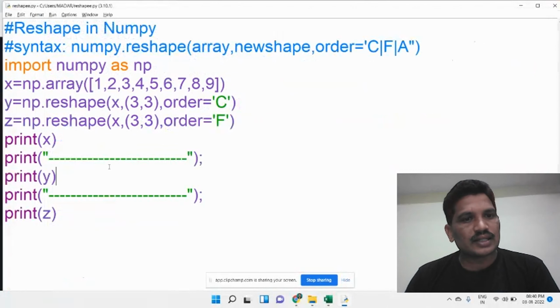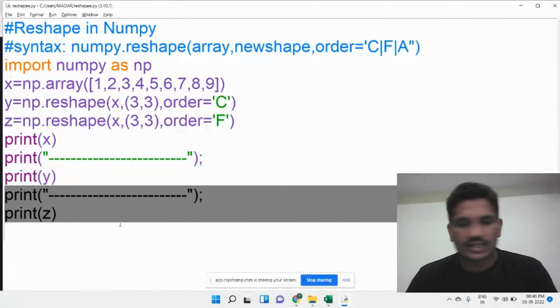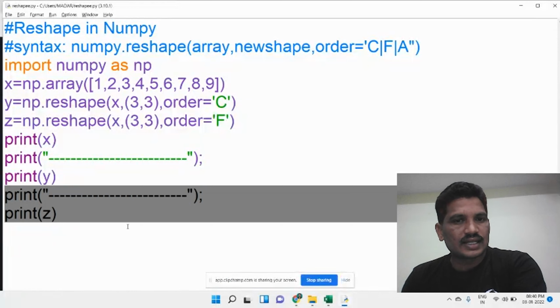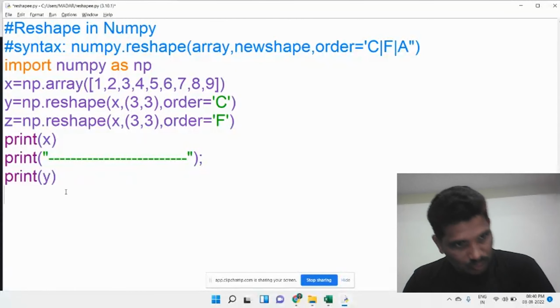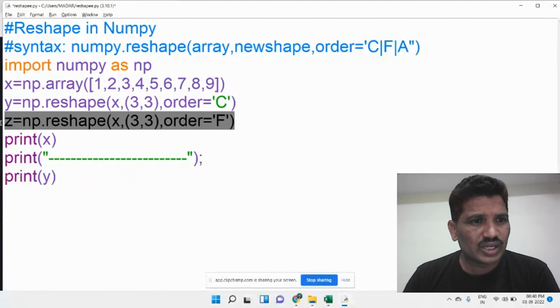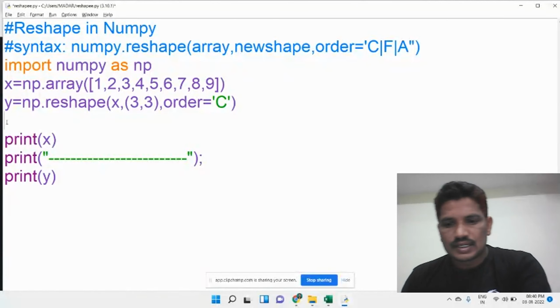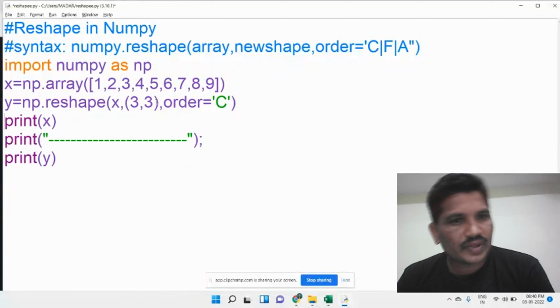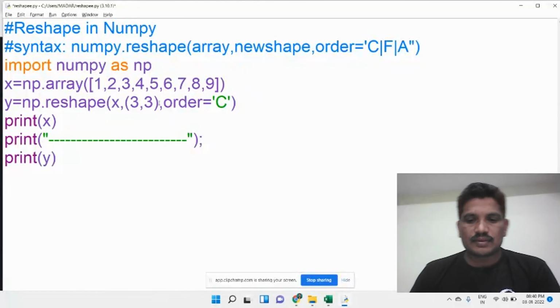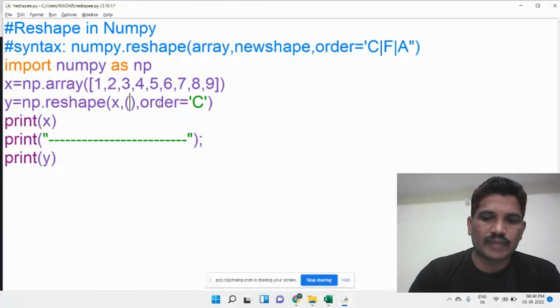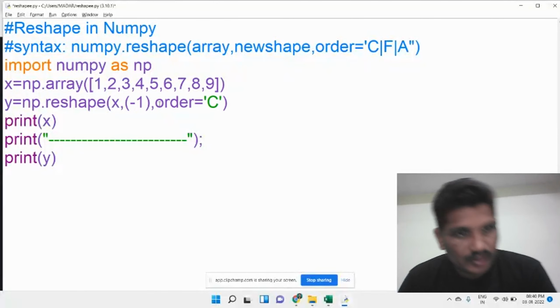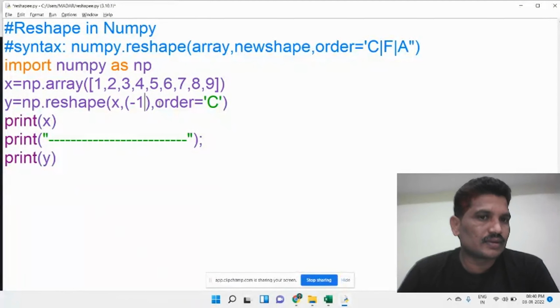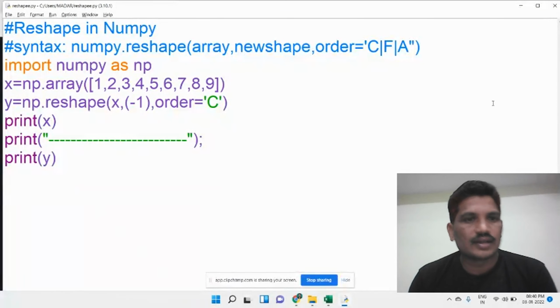Now for another example, I don't want to show the difference between C-like and Fortran-like indexing, so I'll remove these statements. For example, here I give -1. What is the output? Can you guess it?